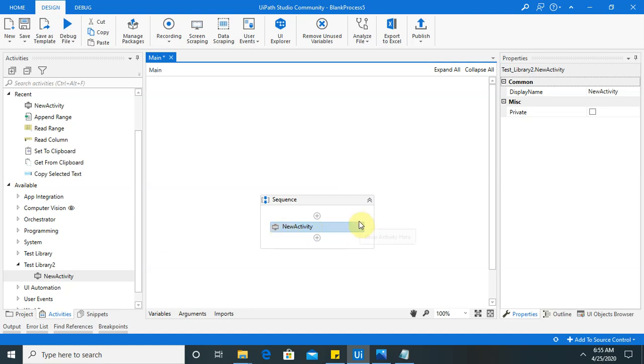So I drag and drop this activity here. It is a customized activity. It will open the Excel file, copy the Excel data from one Excel to the other Excel and save that Excel in our location. Their job is done. So this is the customized library I have created and shown you in my previous session. Please watch that first and then we will come back here.